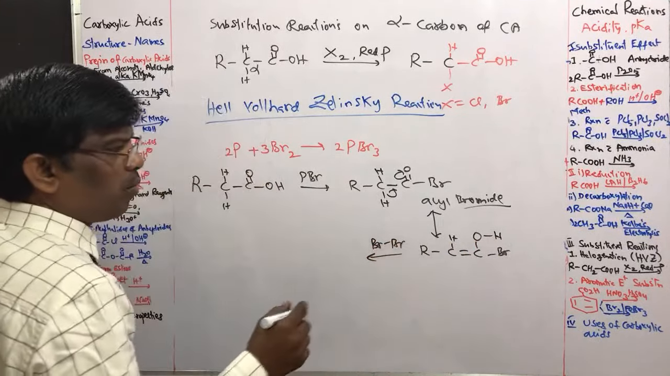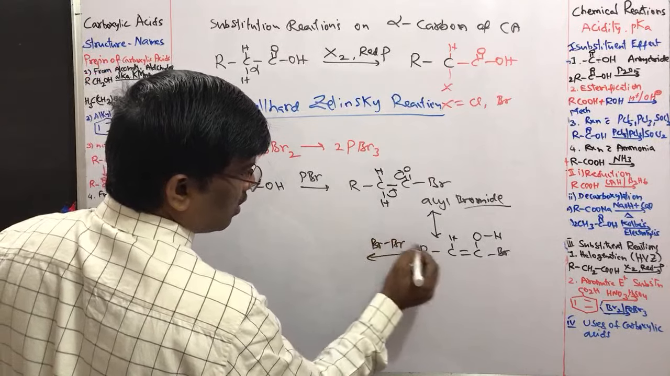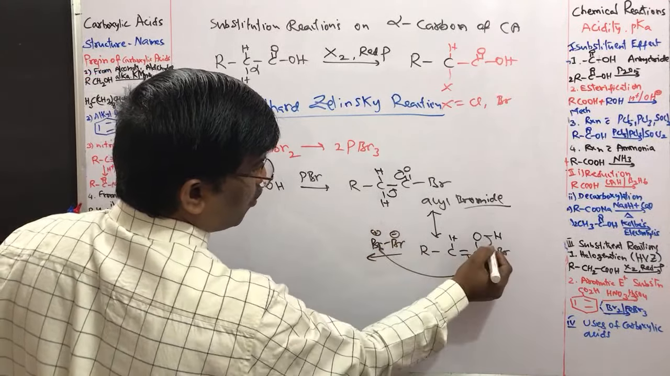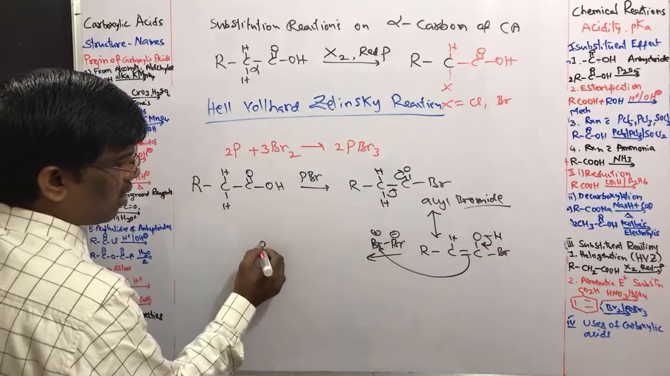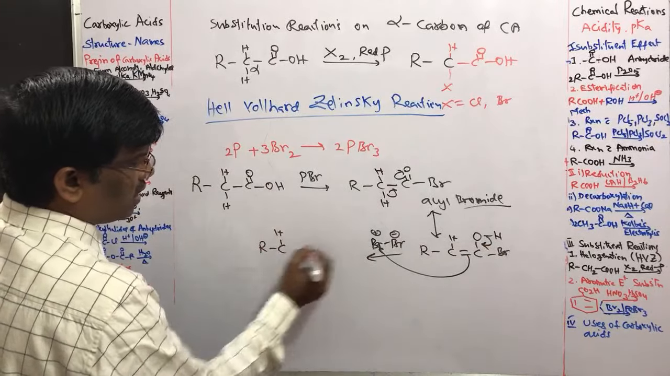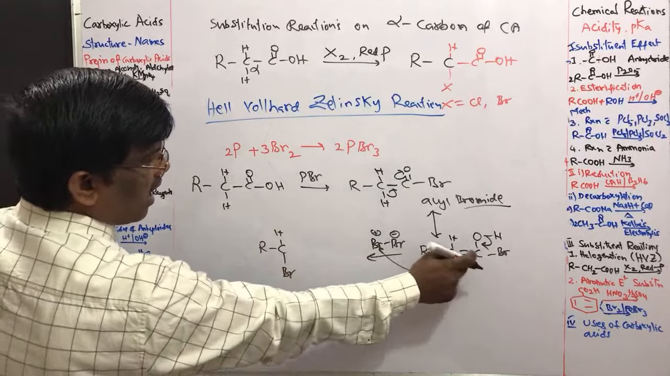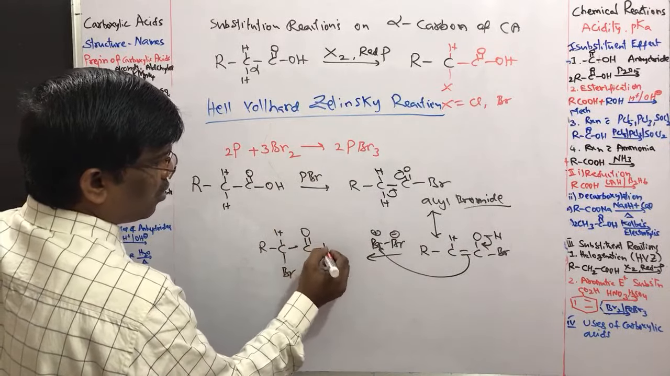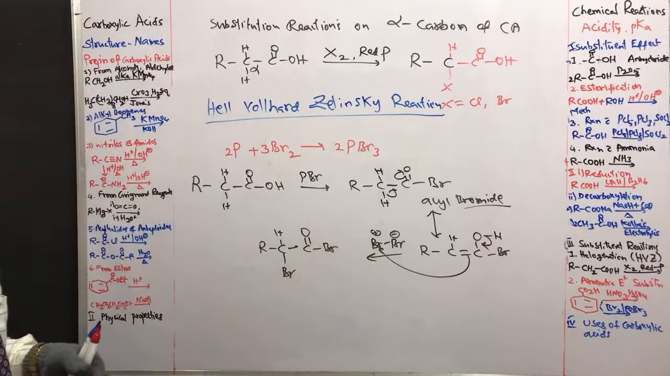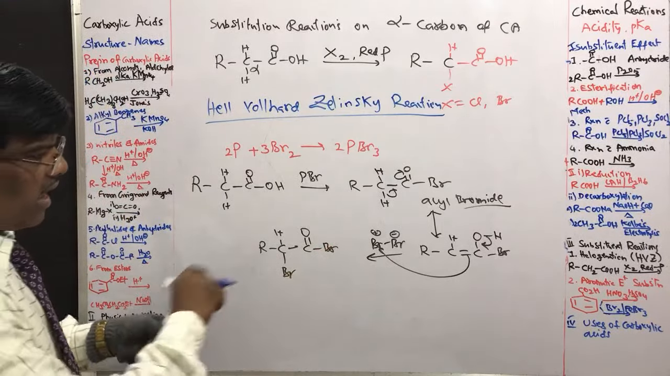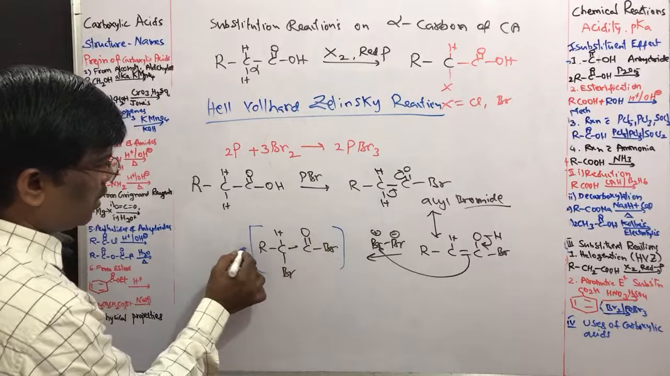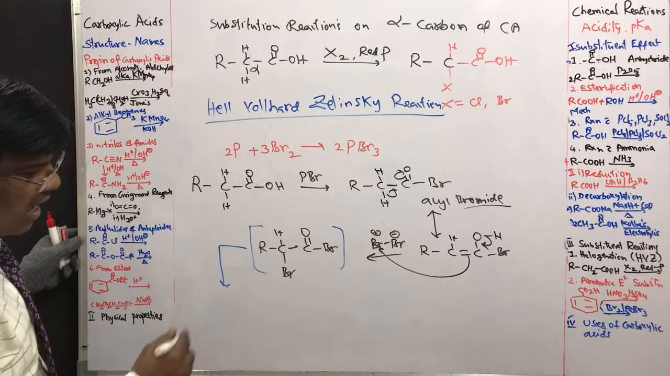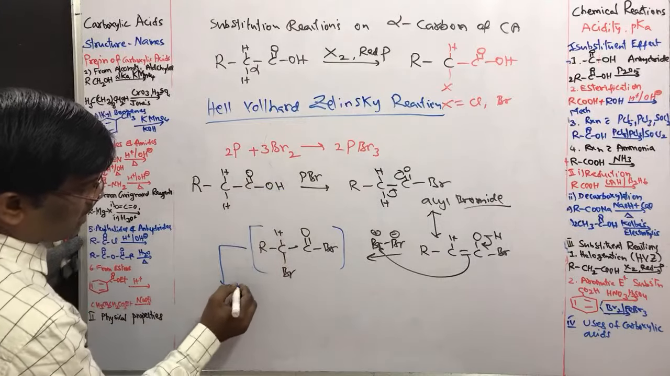Since we are adding bromine, it takes up bromine to give R-CHBr-COBr. A new bromine has come here. So this dihalo compound is going to react with another mole of this carboxylic acid